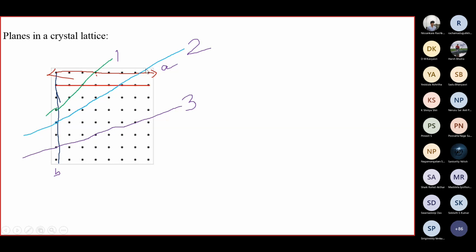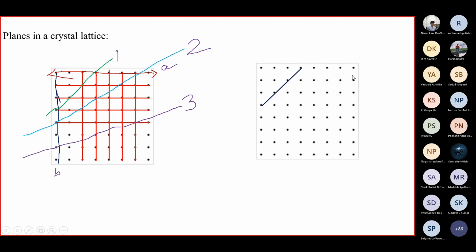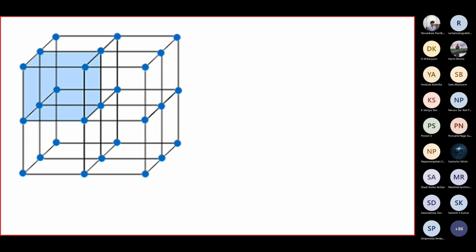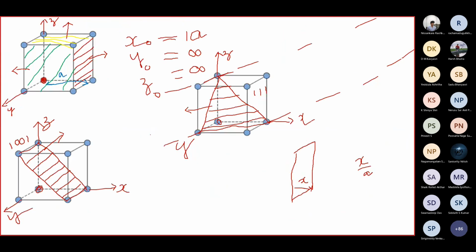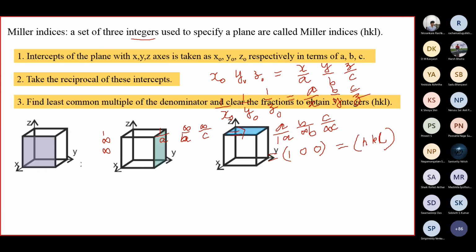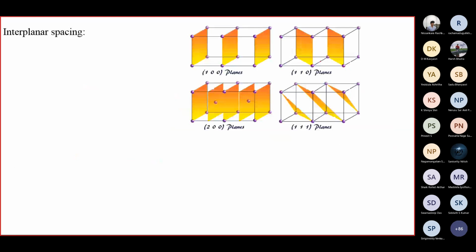There is no difference. See here. We can construct in different ways. Here also, see here, we can construct in different ways, but it gives the same lattice. But the characteristics of the plane are different. Okay. So now we know what a plane is. We know how to represent a plane.